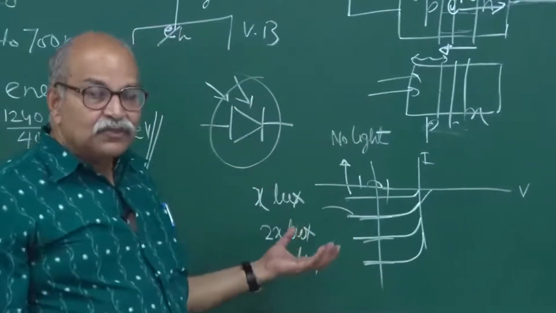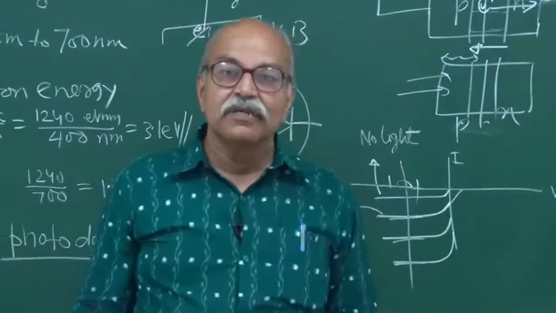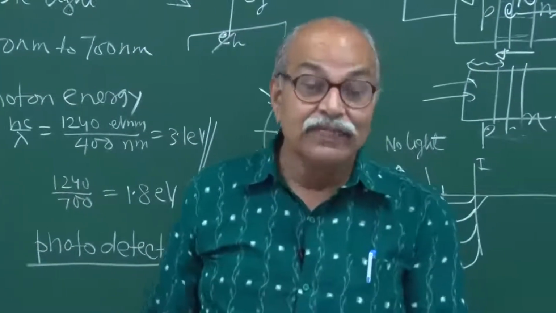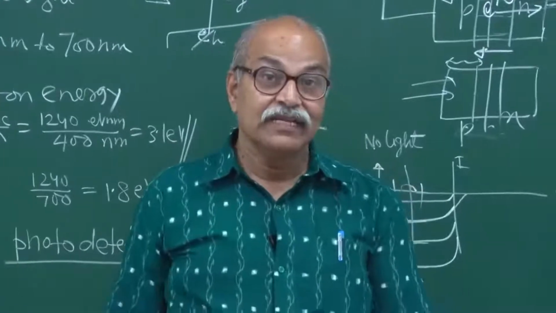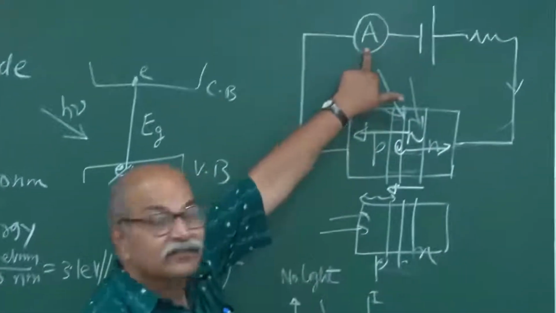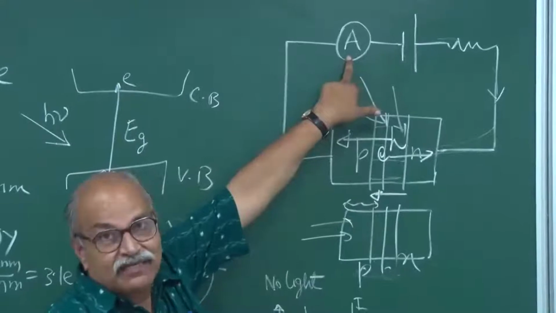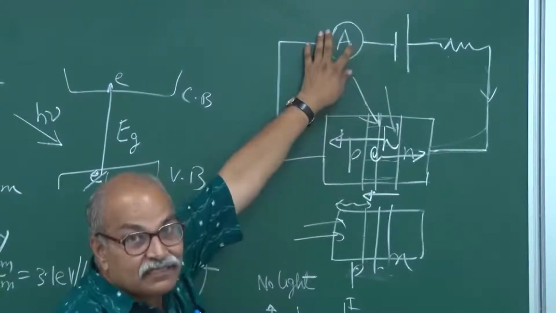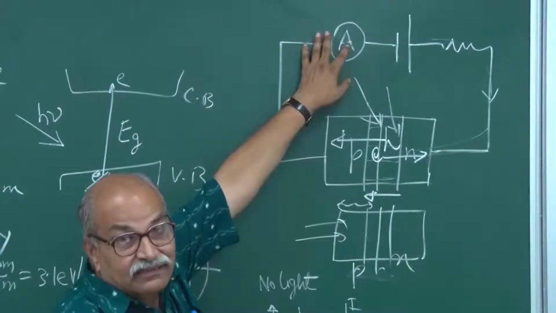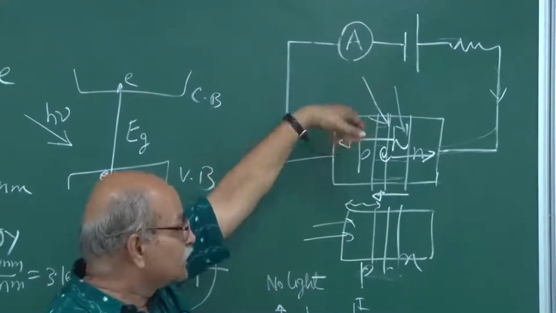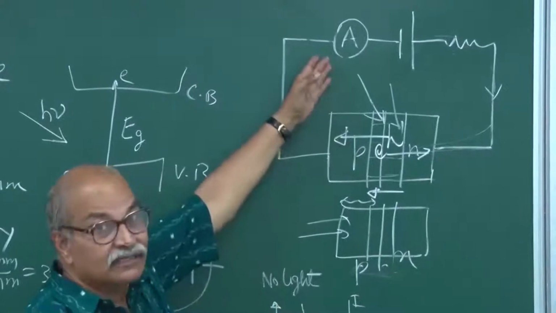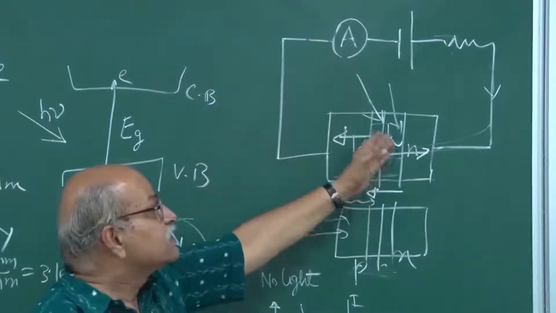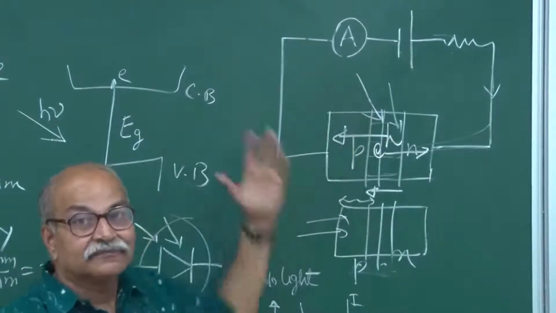And so you can use this to measure the intensity of light, or at least compare two intensities. If you just look at this reverse bias current here, and then shine light, then the reading of this current meter, the reverse bias current going through this,